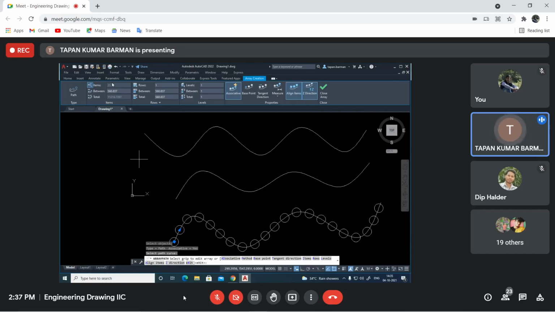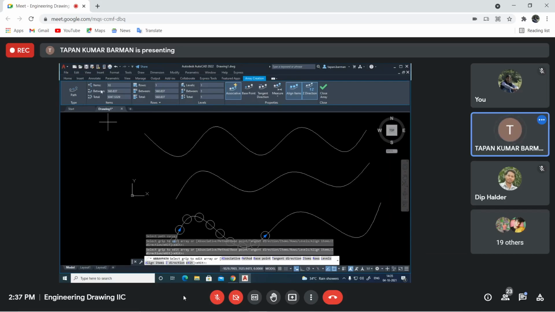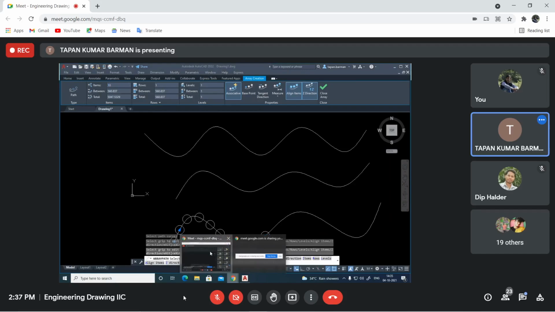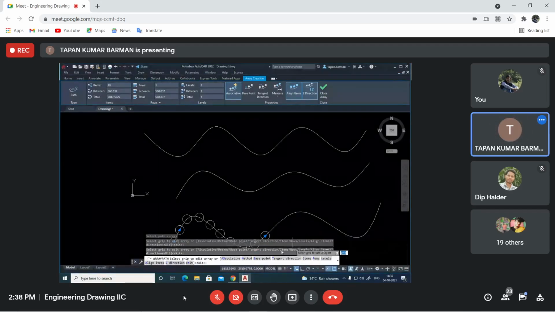Now from here also you may control it. Automatically it has selected 21 items, but you may control it. Say for example, I do not want 21. I want say only 10. So you may control the values from this.